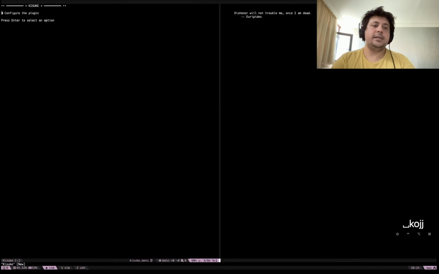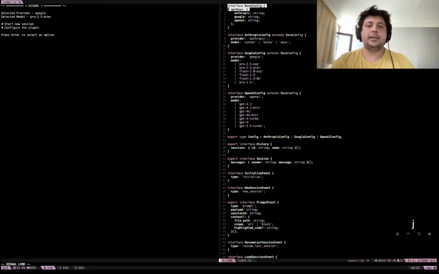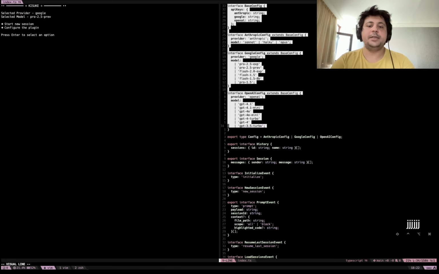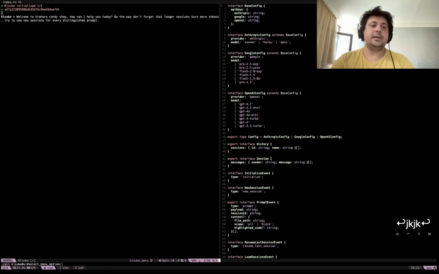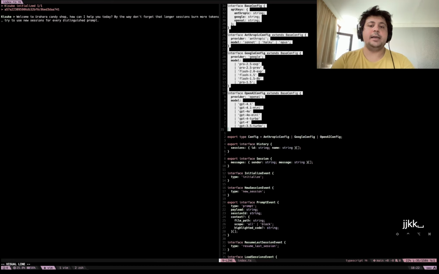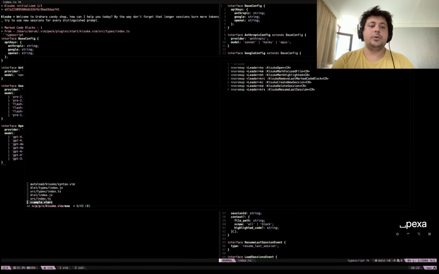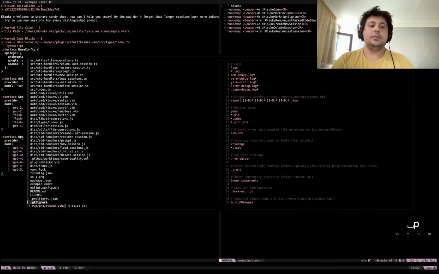Because there is nothing configured, there is only one option. I will choose Google and paste the API key. Then what I will do is I want to update the README. So I will, oh sorry, because I didn't start a new session, I can't mark the file. So I will just add those code blocks, then example vimrc, then